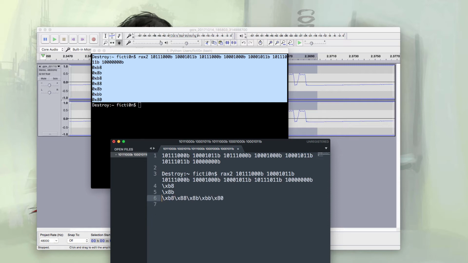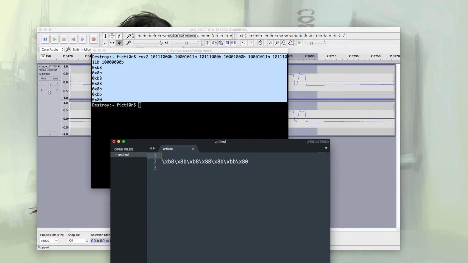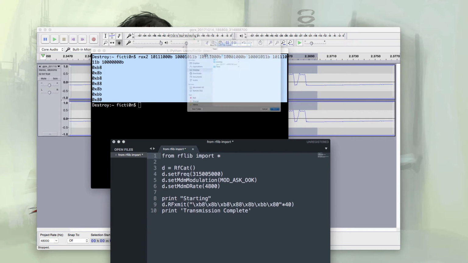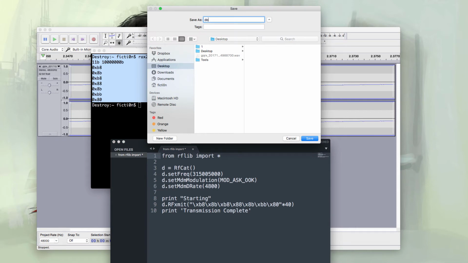And then once we do that, we're going to delete the rest of the stuff in this file and paste in some code and use our hex to send it over. So here's the code we have. We're going to paste that where it says hex here. This is a little template you can use to send over hex with the YardStick 1. Let's save this file. We'll save it to door.py